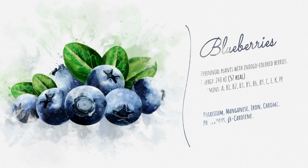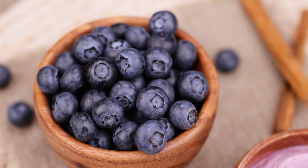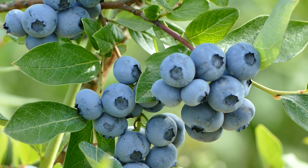Low bush blueberries, like the Top Hat and wild varieties commonly found in Maine and Canada, are incredibly hardy and suited for colder regions. They naturally thrive in USDA zones 3 through 6, enduring freezing temperatures and still producing bountiful crops of small, intensely flavored berries. These plants often cover the ground like a mat and are excellent for landscapes that can benefit from a lower